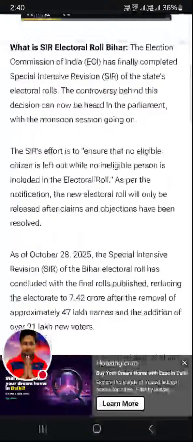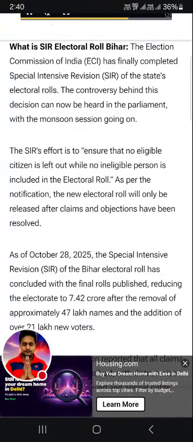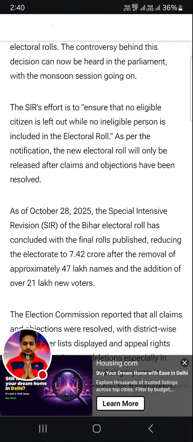The SIR's effort is to ensure that no eligible citizen is left out while no ineligible person is included in the electoral roll. As per the notification, the new electoral roll will only be released after claims and objections have